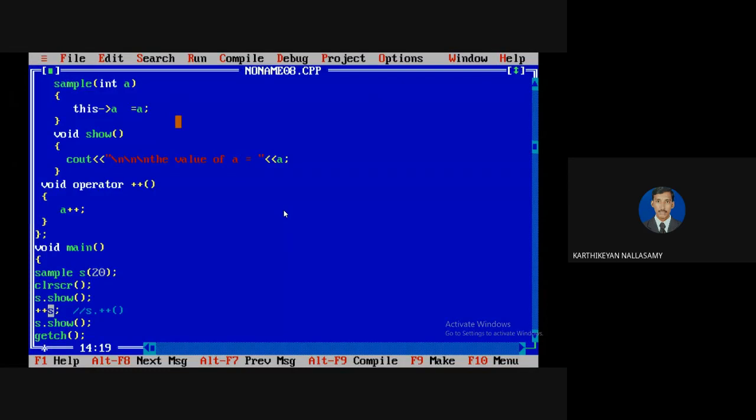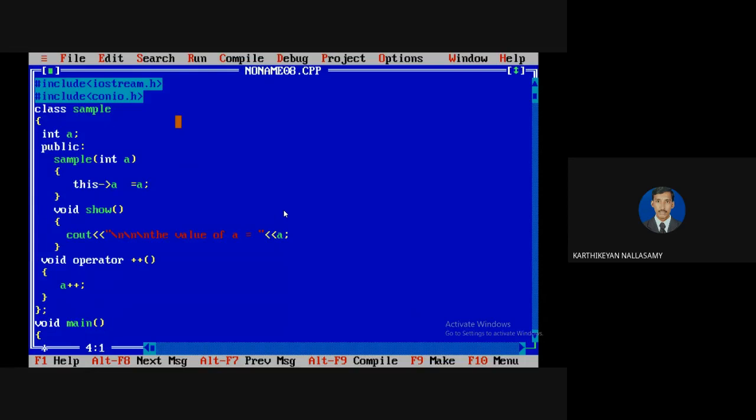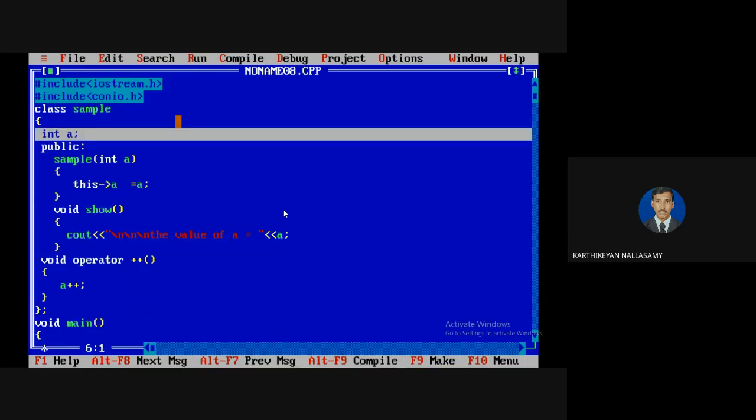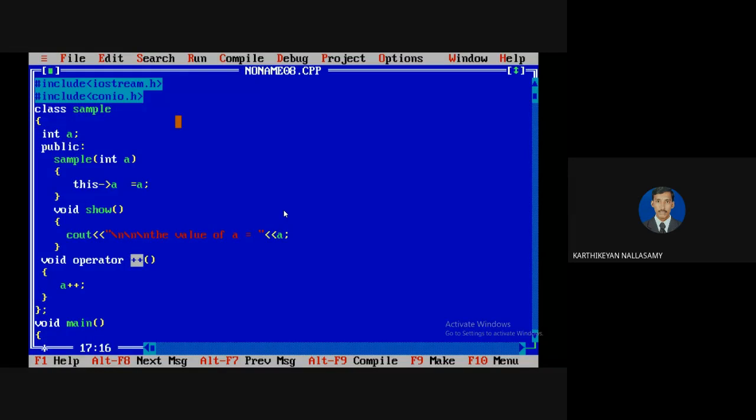Whenever you apply the incrementation process, try to identify how many data members we have inside the class, and we must try to apply the increment operator to all the data members. If you write a function as increment and apply the decrement operator, it is not a correct logic to implement, but the compiler won't give any error message.